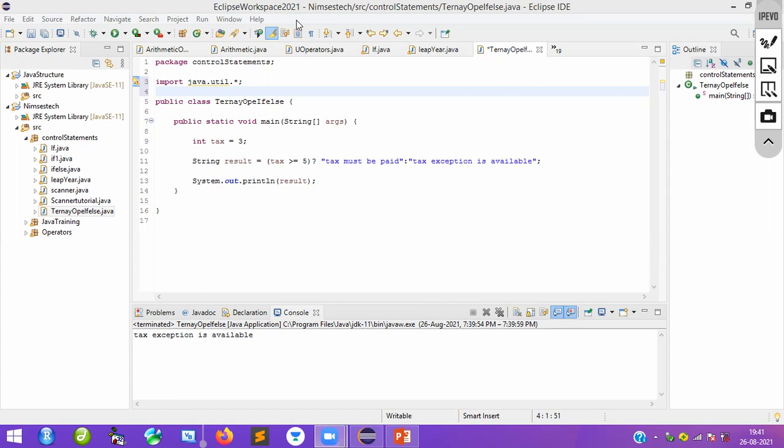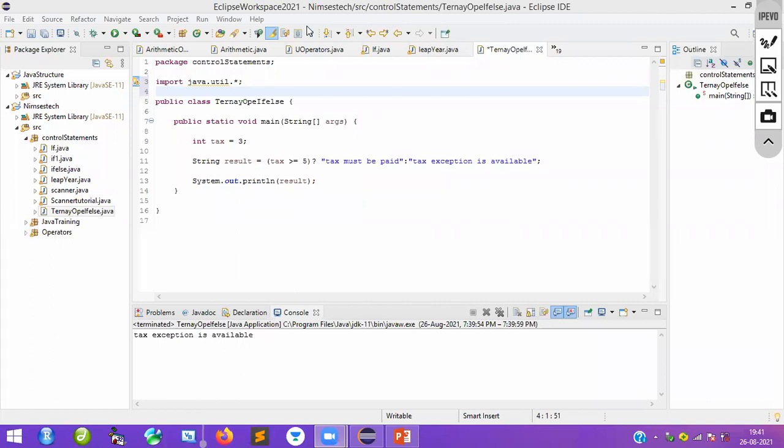Okay. So that's it about all this, if and if else, ternary operator, all the examples I have given. That is a very simple and easy example. If you have any doubts, you can ask me because time is very less. Maybe another 30 seconds is there. That's it. Any doubts?